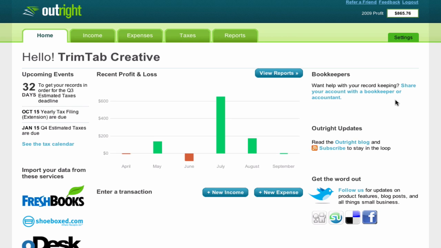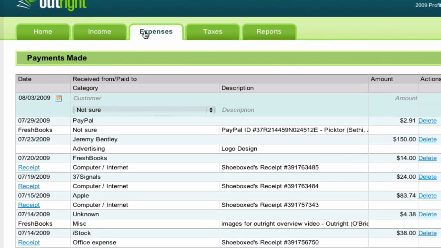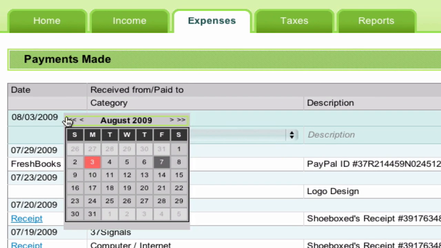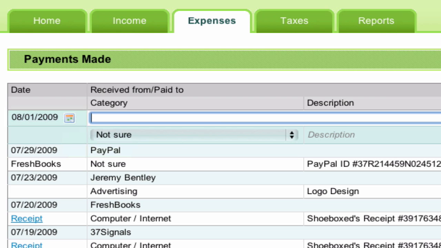The first way is to click on the Expenses tab in Outright.com. From here, it is very self-explanatory. Your workflow is left to right, and the page looks like a familiar spreadsheet. On the left, I edit the date of purchase if I purchased it before today. If I just use my Tab key on my keyboard, the cursor will automatically jump to the next field, which